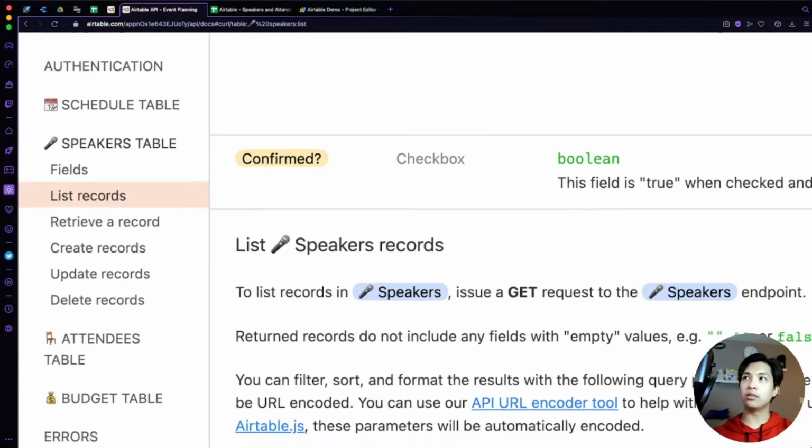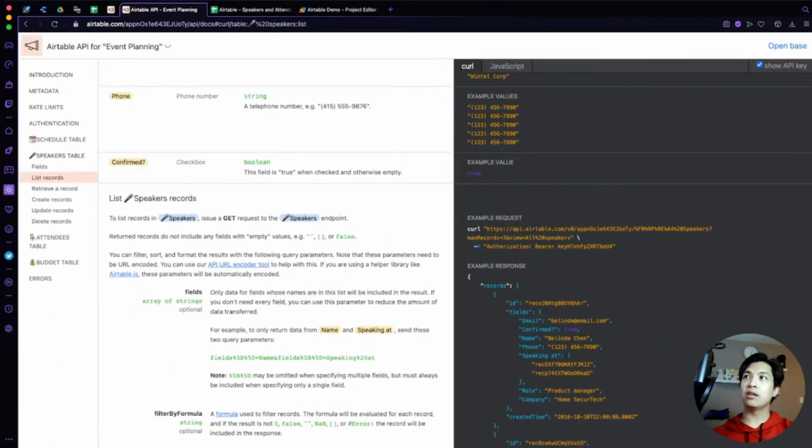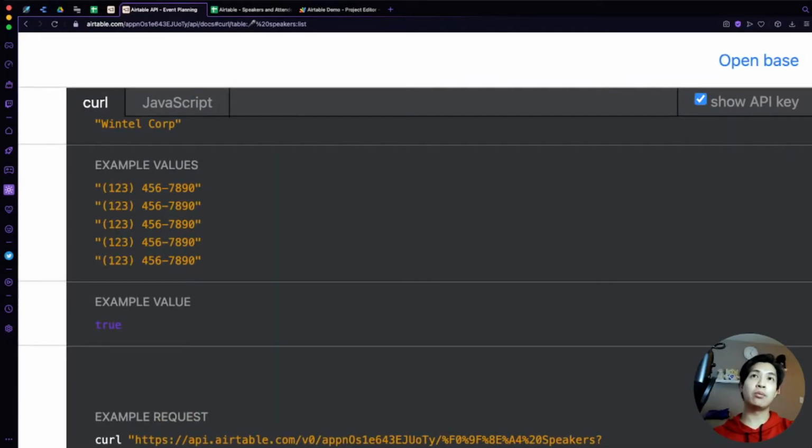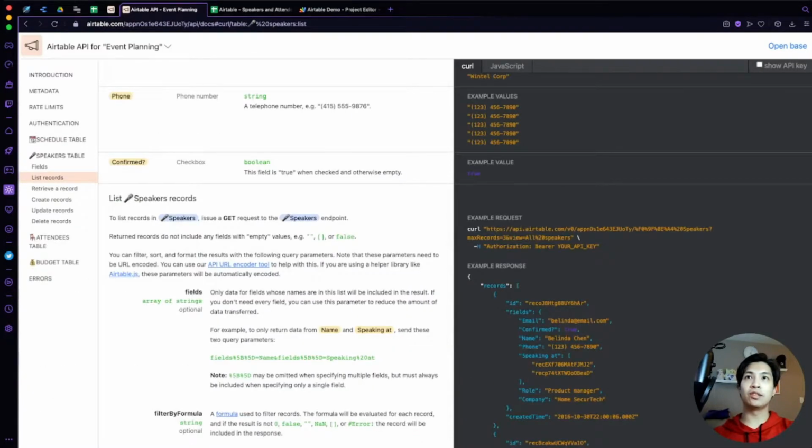So right now, ours is speakers and attendees. And we're going to click on the list records in order to get the call that we want here. So it's going to be this URL, and then our API key is shown here. You can show or hide your API key by clicking this checkbox if you need it. But we're just playing with sample data, so I don't really care. But essentially, we're going to take this, and this is how we're going to grab the data from this particular